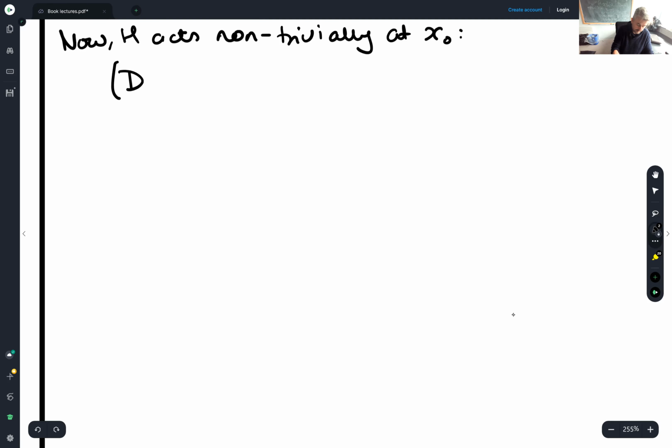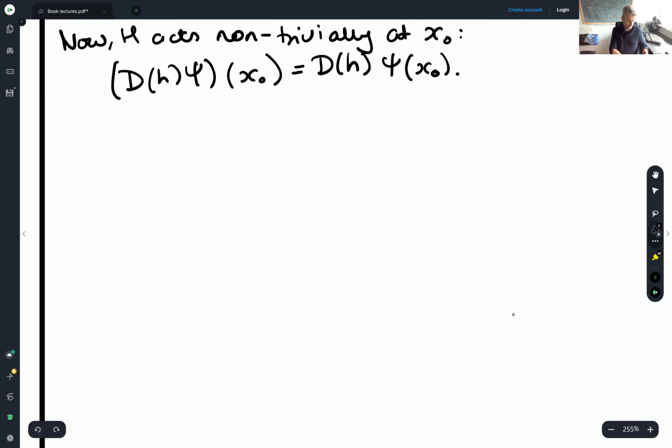So if I consider D(h) psi acting at x0, this is equal to D of h, psi of x0. All right, so we define the full action of the group